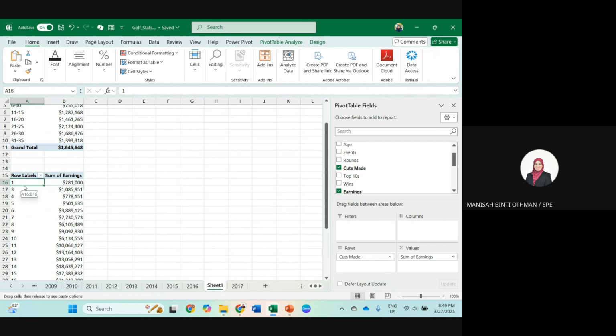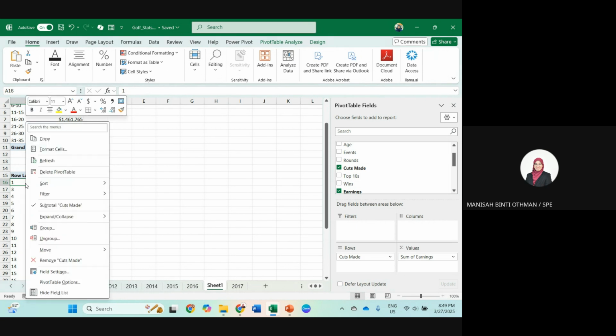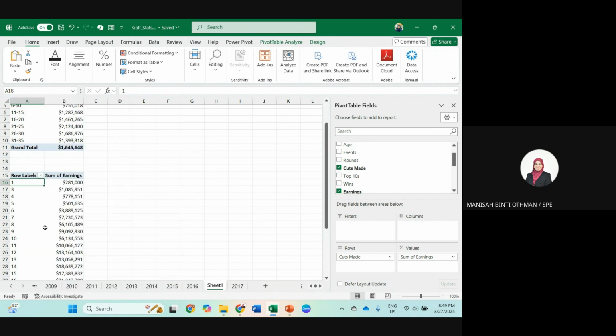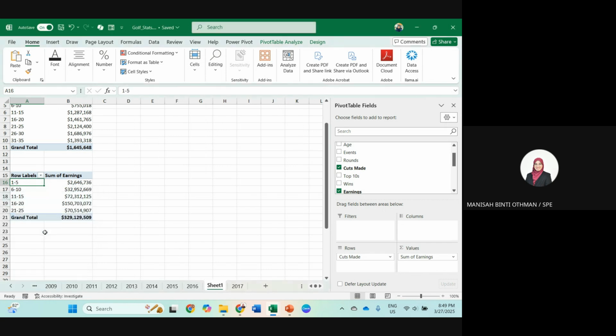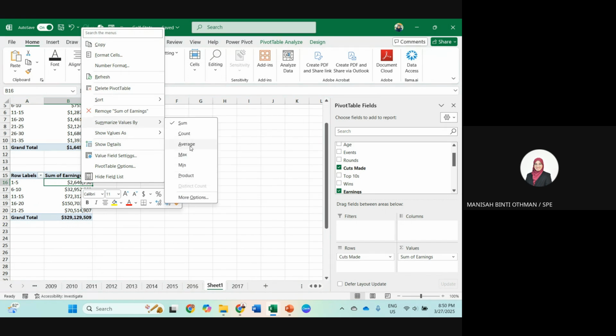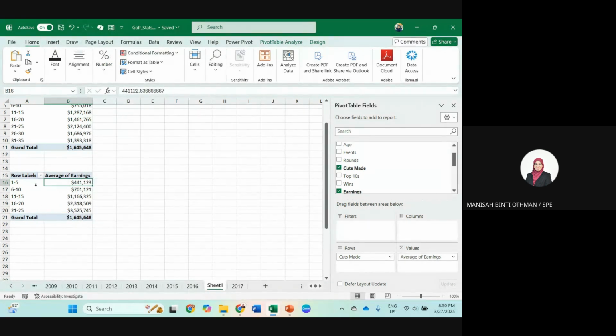So it's better if you put the range. So right click. Okay, make sure it's only one cell selected. Group. Okay, click group until 24, and so maybe we can group by 5 again. Okay, right? So usually by 5. Okay, so this is again not a sum of earnings. It's better to display average earning. Okay, alright. So this is how you can create pivot tables between numerical and numerical.